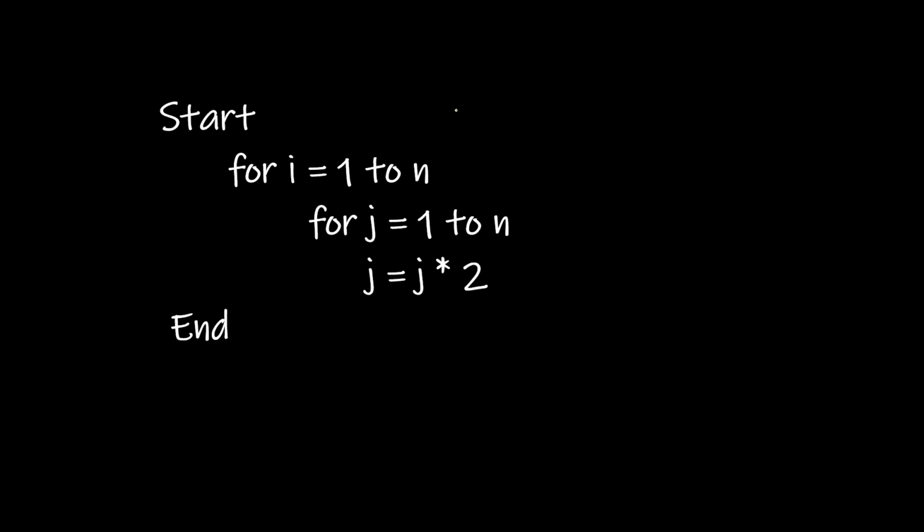Let us see our next pseudocode. Again in this pseudocode, our for loop starts at index i equals 1 and increments up to n. And the second for loop is independent of our parent for loop. So in such a case, our first for loop will run n plus 1 times and the statements inside such a for loop run n times. Next we consider our second for loop.